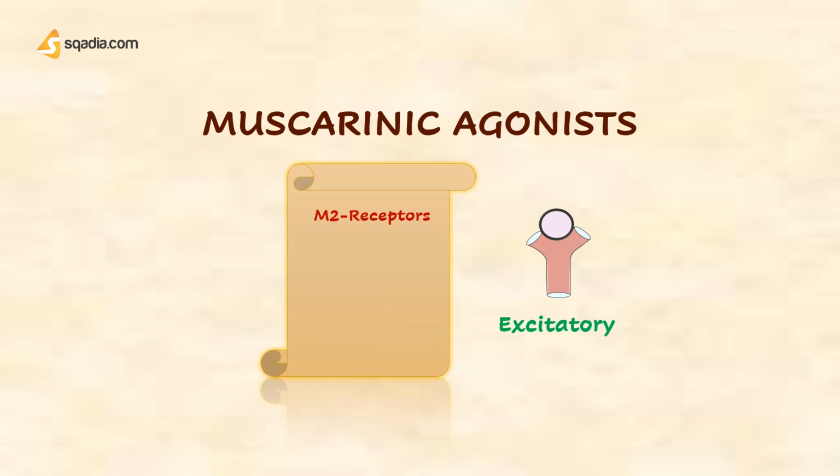Now, let's discuss cholinomimetics. At first, we will look upon muscarinic agonists. These directly activate muscarinic receptors, usually producing excitatory effects. An important exception is the heart, where activation of the predominantly M2 receptors has inhibitory effects on the rate and